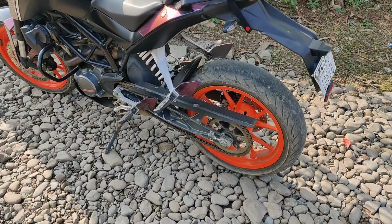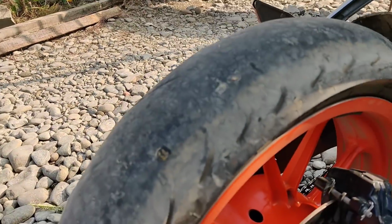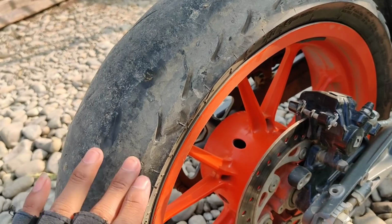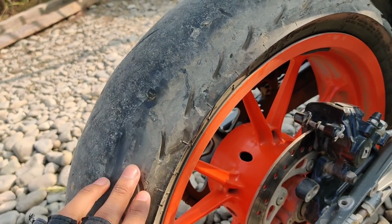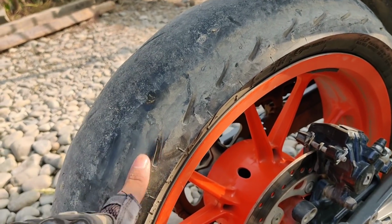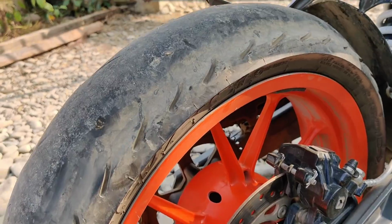Alright guys, this is the tire. I'm gonna show you for the last time. This is the tire, it's all gone. The grips are all gone. Only the side part is left. This is not good. When we do the cornering and all, it slips sometimes, so I have to change it